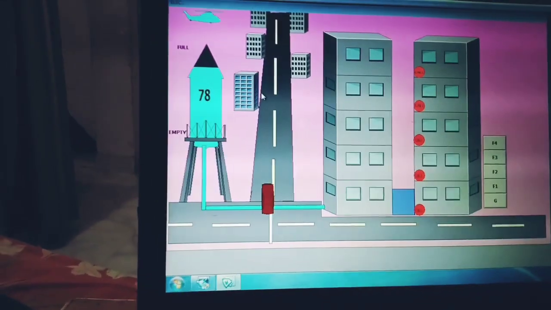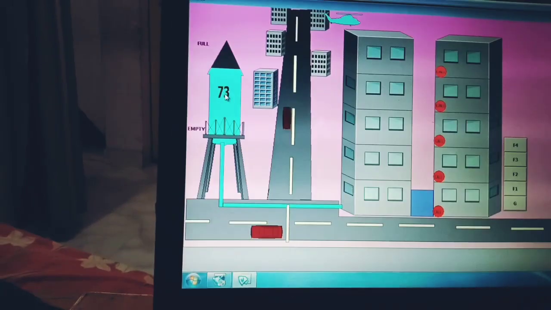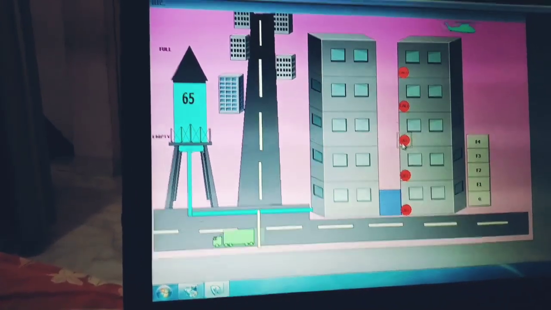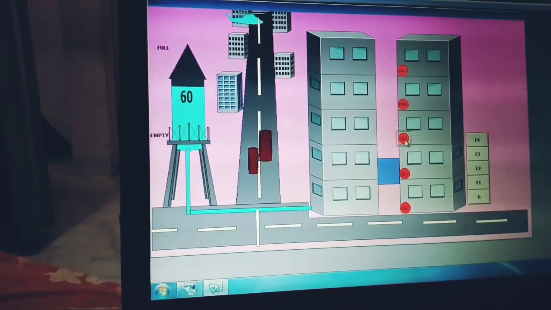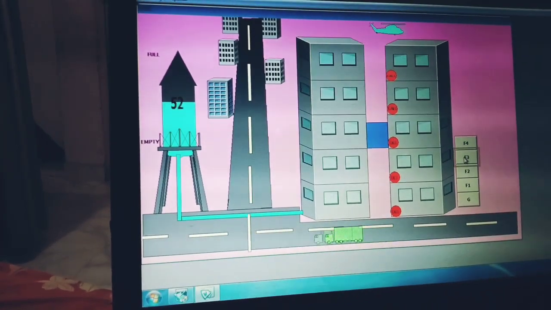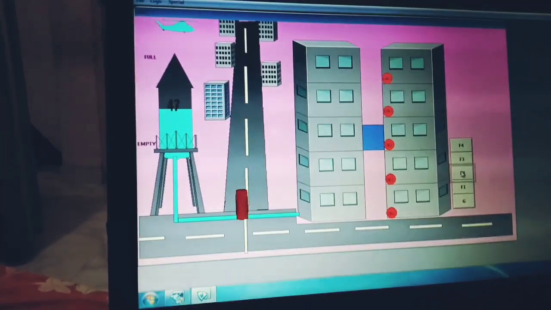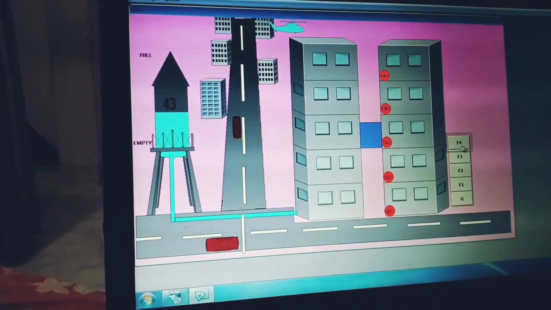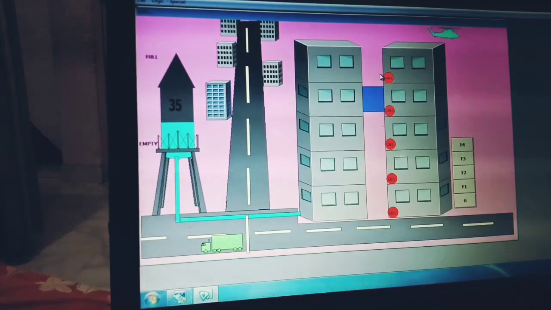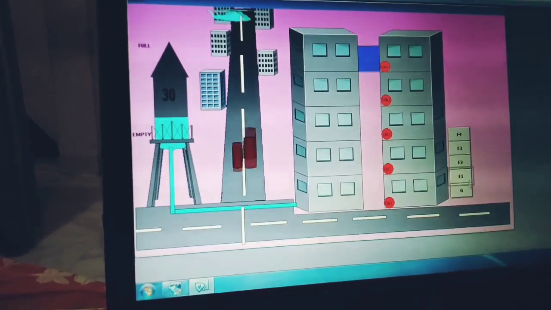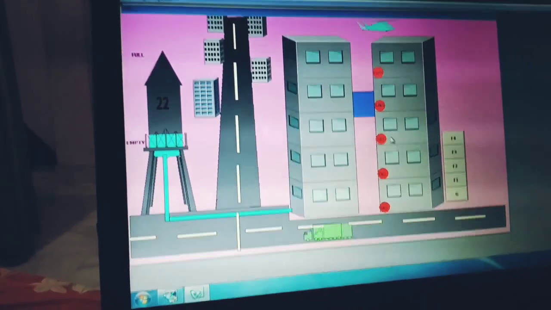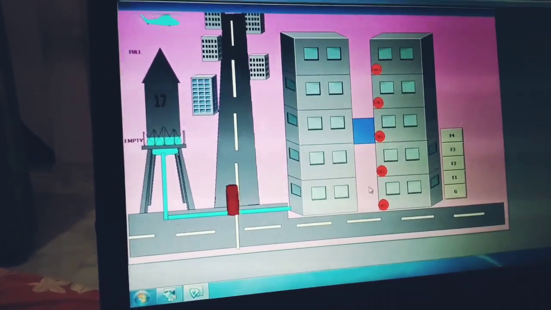These are the buildings. Here the cars are coming and outgoing: 73, 72, 71. When we press the lift call on a floor, the lift will go to that particular floor, and these are the switches inside the lift. When I want to go to the fourth floor, I push the fourth floor button and the lift goes to the fourth floor. When I want to go to the first floor, I simply press the first floor and the lift will come to the first floor and stop.